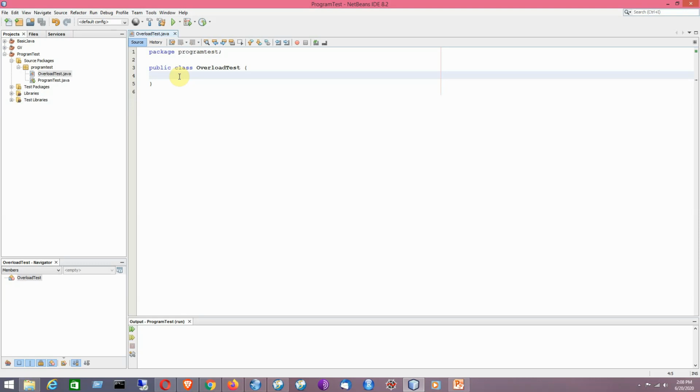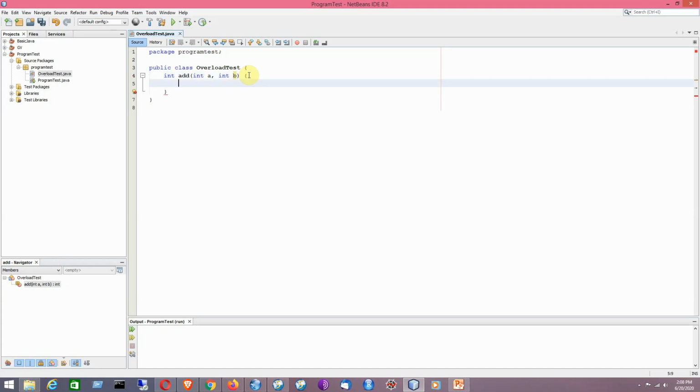Say for example, I can have a method named add, which can add two integer numbers, or it can add two floating point numbers, or if you have two strings, they can be concatenated by using the method named add.